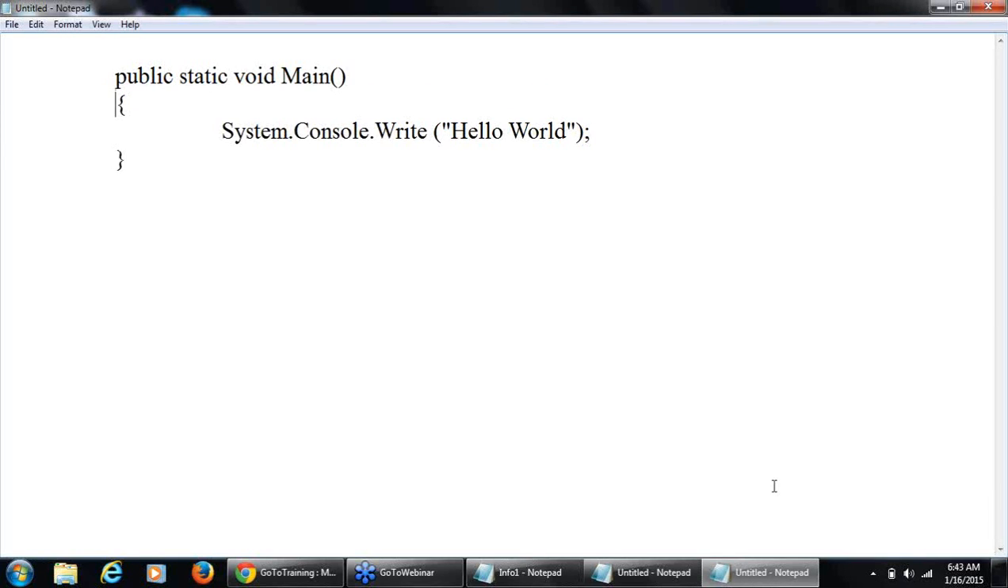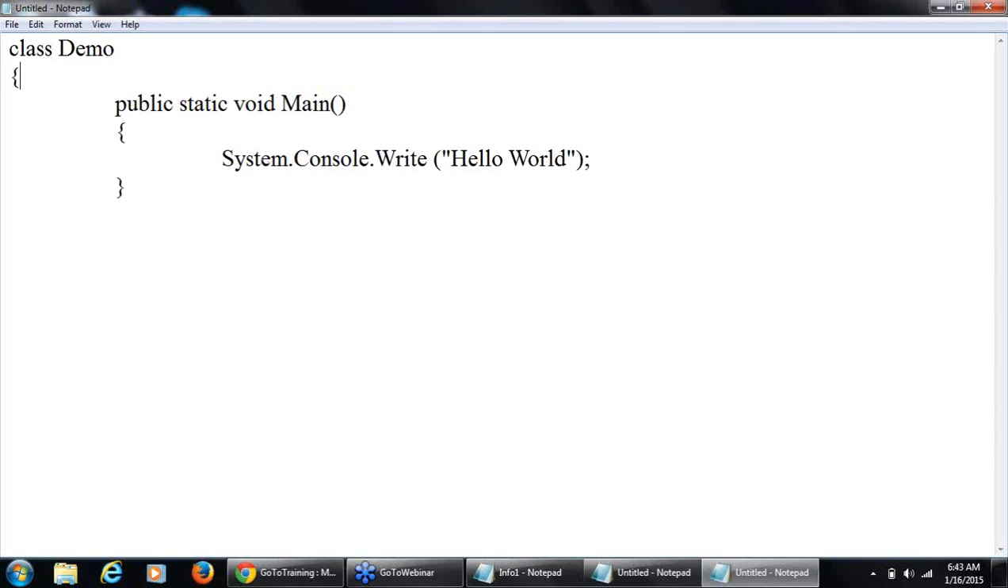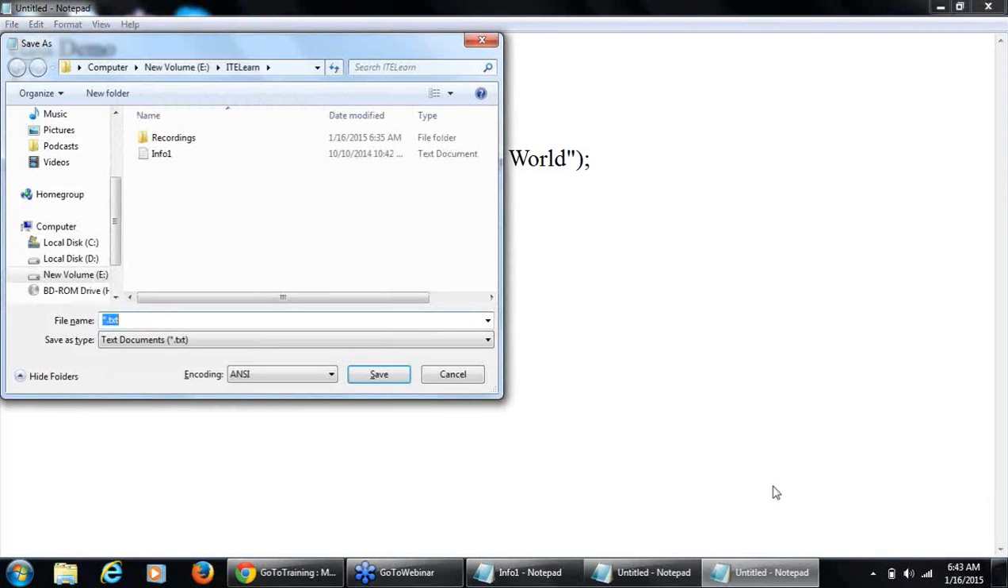And where will this main method be defined? This main method will be defined within a class. Now the class can have any particular name, so I'm just giving a name called class demo. I'm going to save this particular file under a folder called demos,